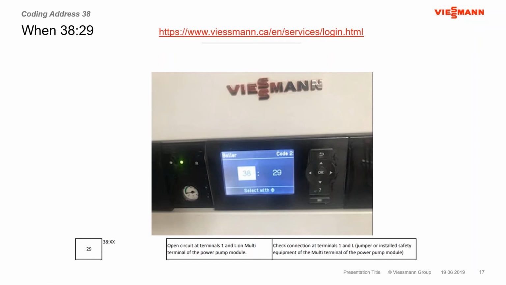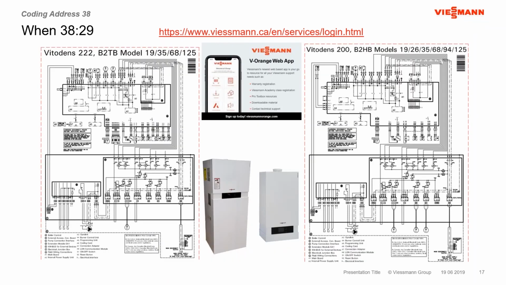You will see that it tells you that there's an open circuit between terminals 1 and L on the multi-terminal plug down at the pump module. And the troubleshooting that it says is to check the connections between the 1 and L, and check around the power of the particular area to see where that power has been interrupted between the 1 and the L. So that is going to get us into a little bit of a look at the wiring schematics of these